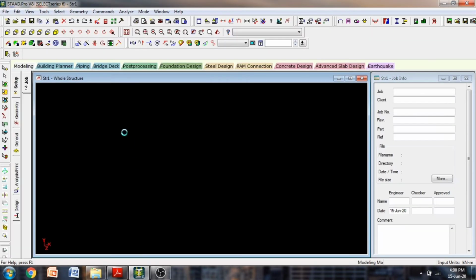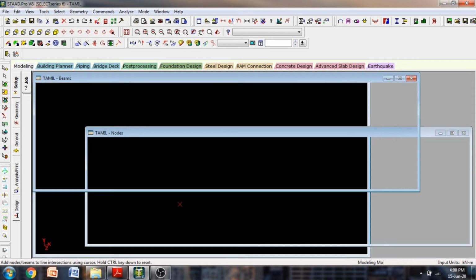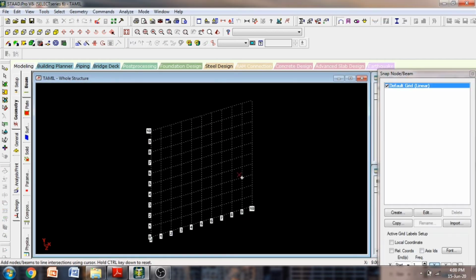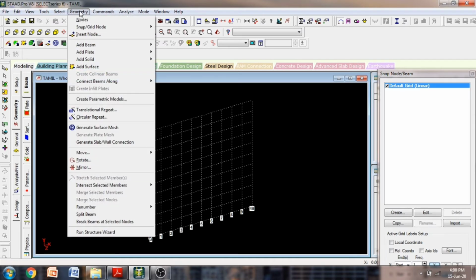And this will be the drawing area which will appear. So this is the place where you are going to define a model, where your structure will be shown, where you are going to construct a building inside your lab or PC or whatever it is. Then you know everything over here. You will know what is file, what will be there under file, edit, view, select, geometry. Most probably you will be using this analyze and nothing else, I think.